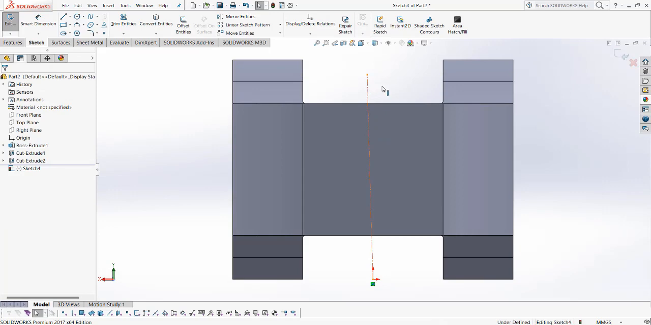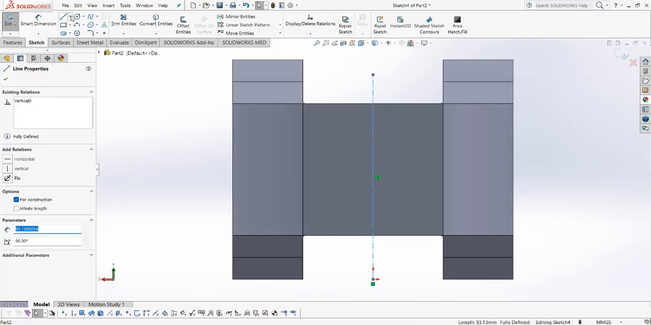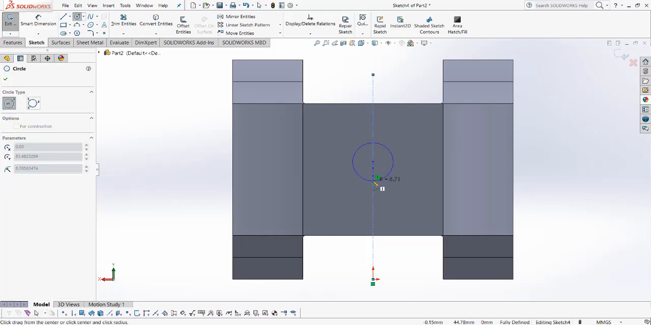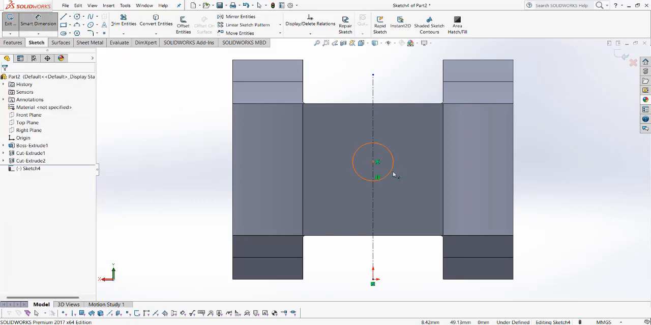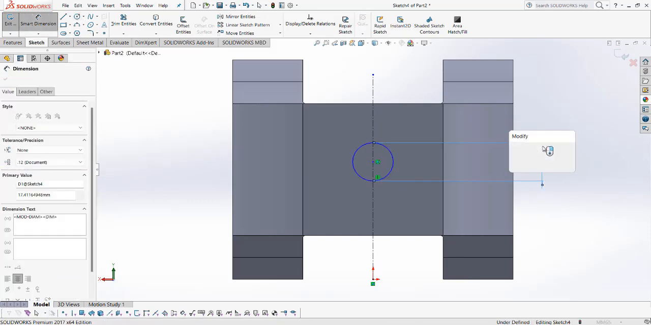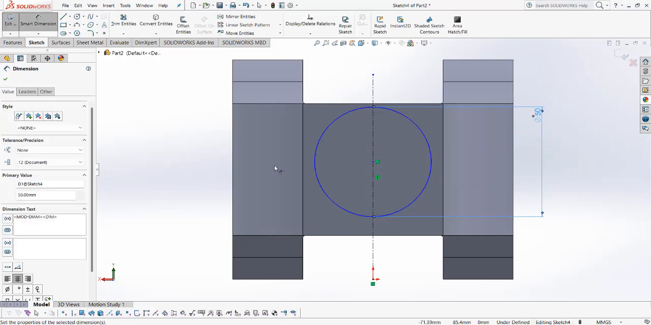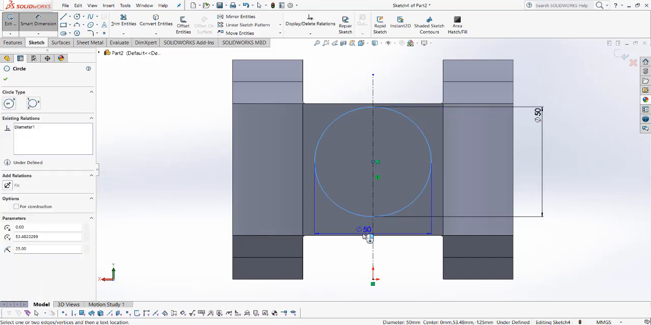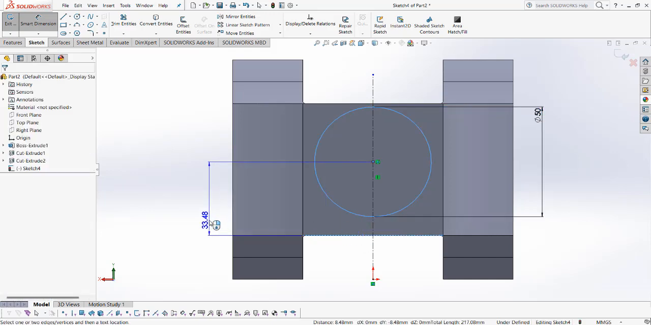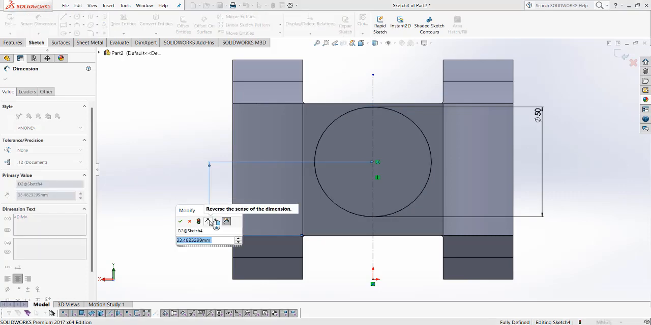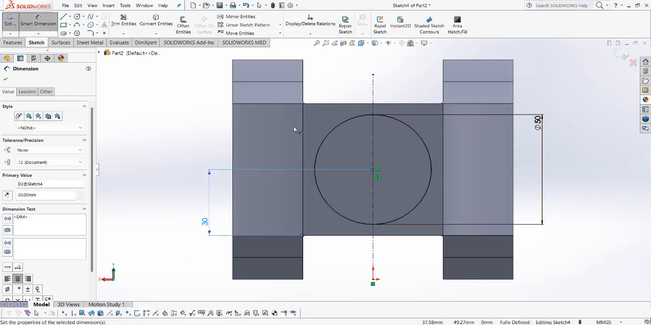It is vertical. Okay, center line, center circle, and this circle, and length diameter is 50. Okay, this is between this circle is 30. Okay, now